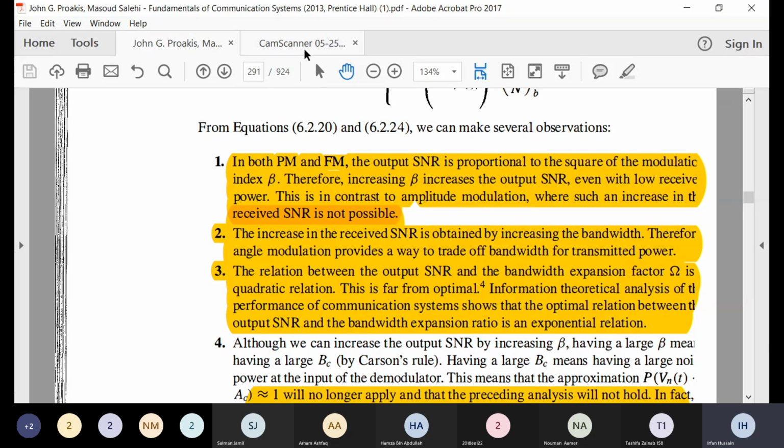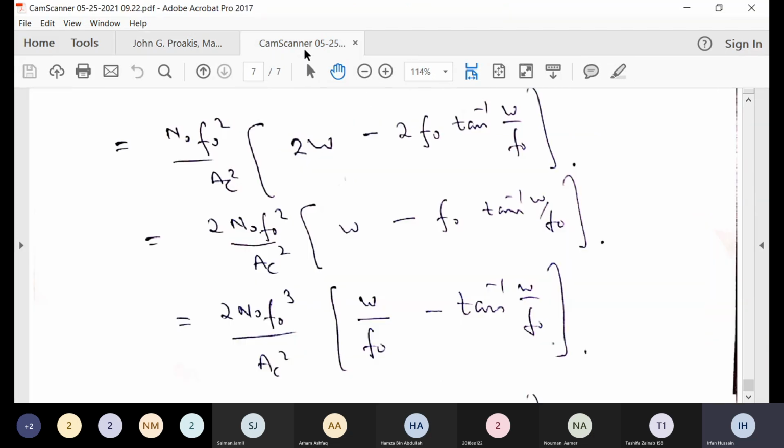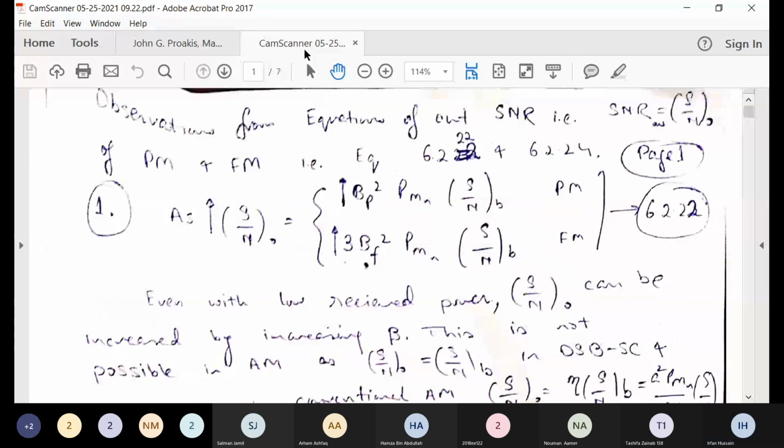But let us see what happens in amplitude modulation. You could see in amplitude modulation, I have a power problem, so I will just take